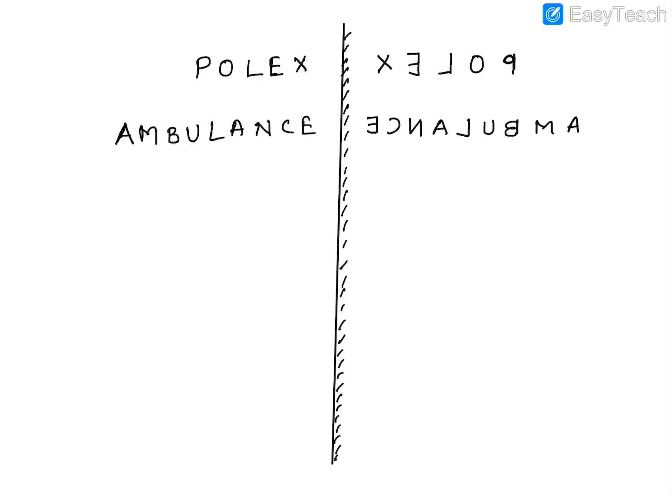Now if you keep a mirror in front of it, the one which I'm writing here on the right side, you will be able to read this clearly in your mirror, and you won't be able to read the other one in the mirror. Why? Because again there is going to be lateral inversion. Now if you've seen, how do they write ambulance in the front of an ambulance? They always write it like this. Why? So that when a person who's driving ahead sees this ambulance in his rear view mirror, he will be able to read it properly, like how I wrote on the left side, and hence he can make way for the ambulance to go further. That is the reason they write it like this.